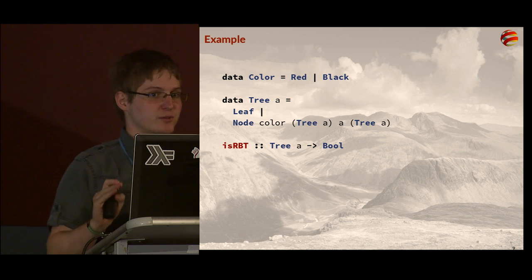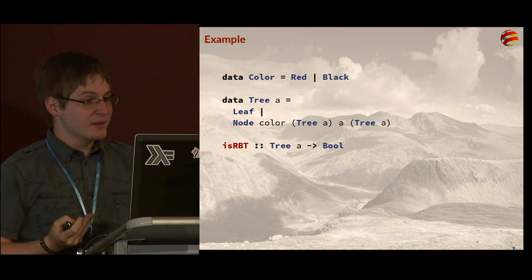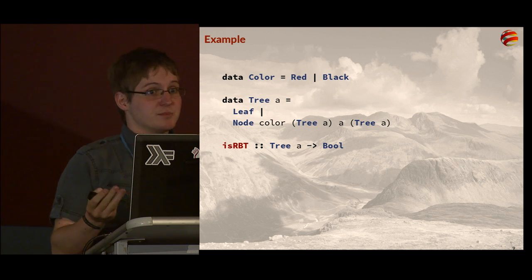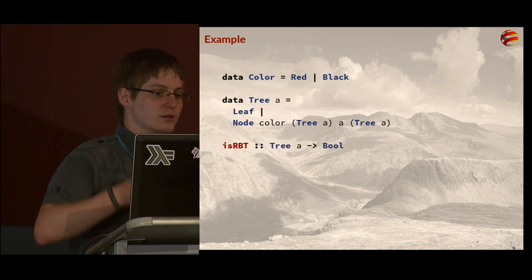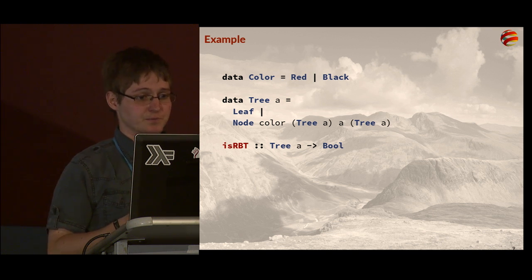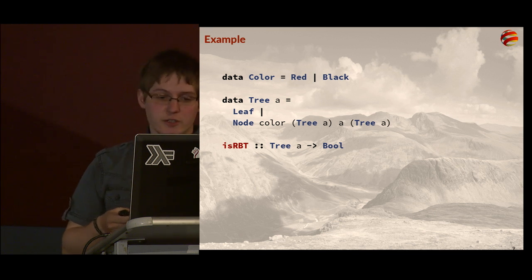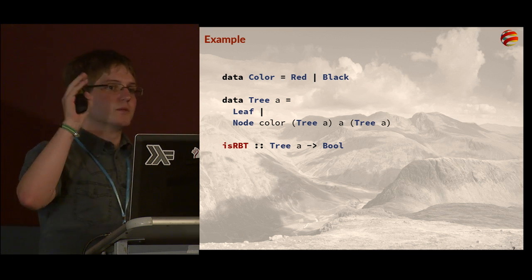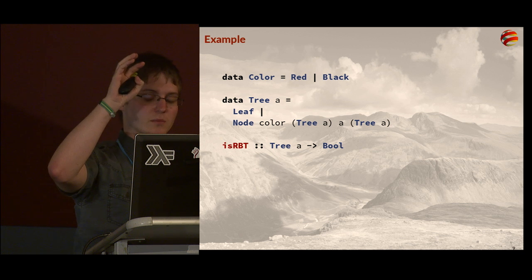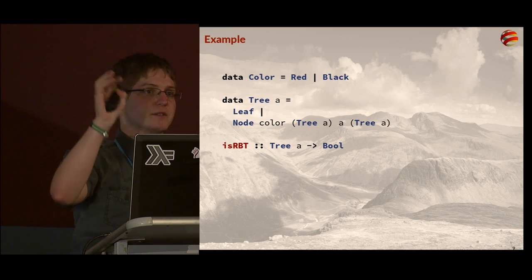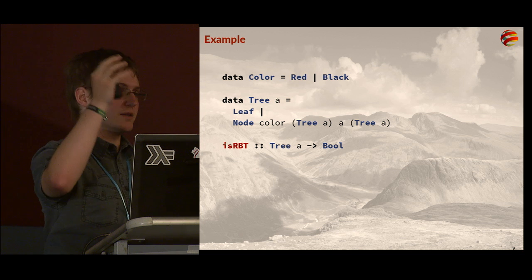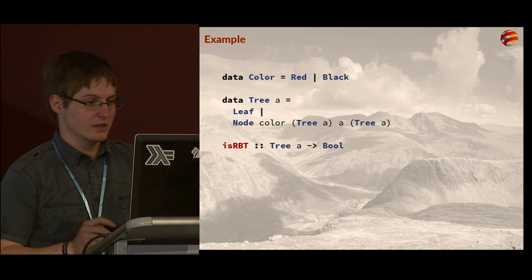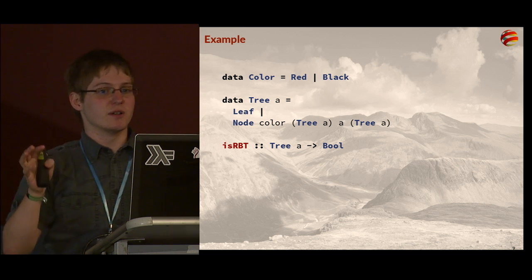Not necessarily being able to implement them, I wouldn't without looking them up. Anyway, so red-black trees, basic idea is they're just like regular binary trees, but each node has an additional color attached to them. And essentially there's an invariant saying that specific things have to hold about red and black nodes, something like, I'm just making this up, a red node must have 2 black children or something like that.